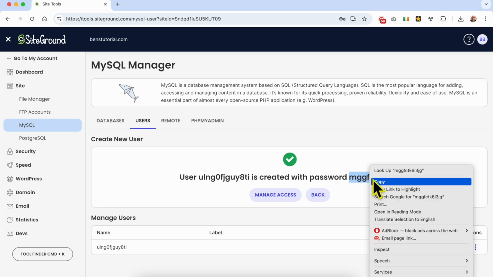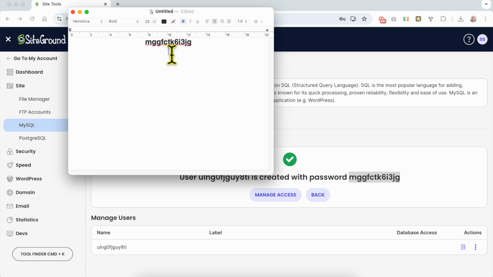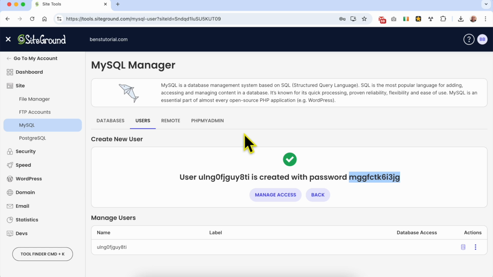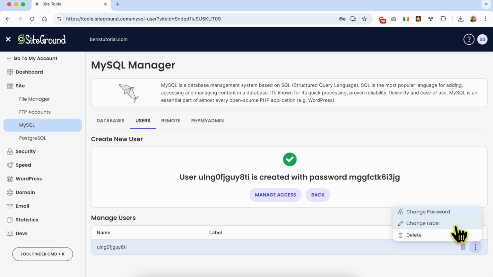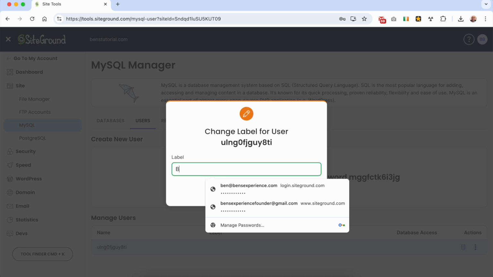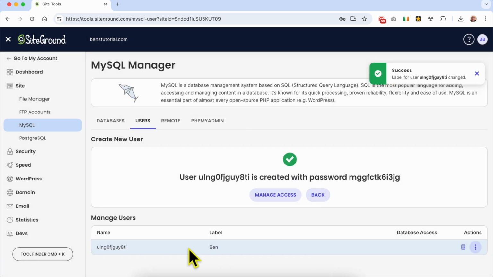I think this password should be copied somewhere on your computer. Now, before linking this username with this password, it is also good to label this username to keep management easier. To do that, click on these three dots and select change label. Here, fill in your name. I recommend you go with your name and hit confirm. Now my username